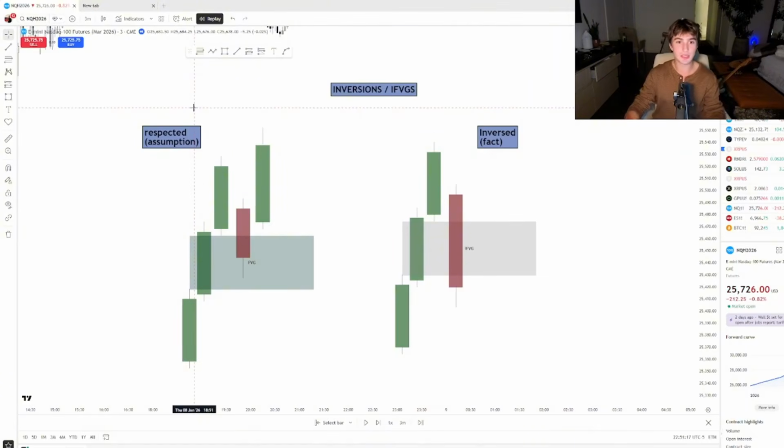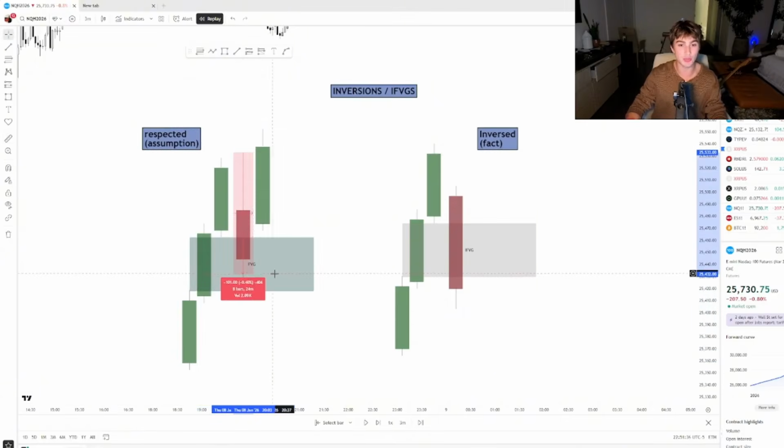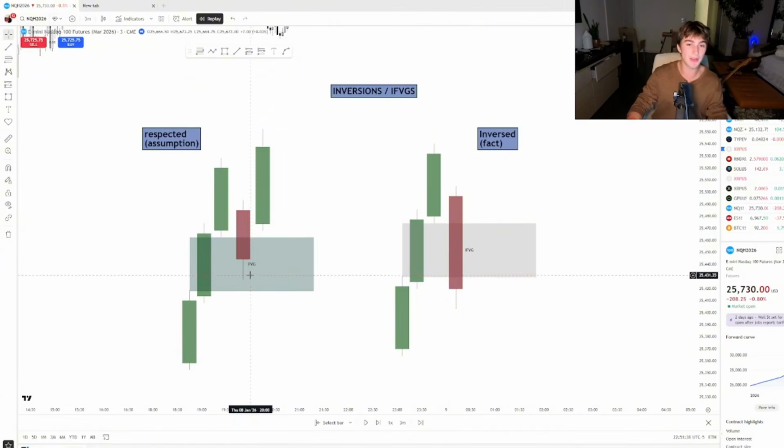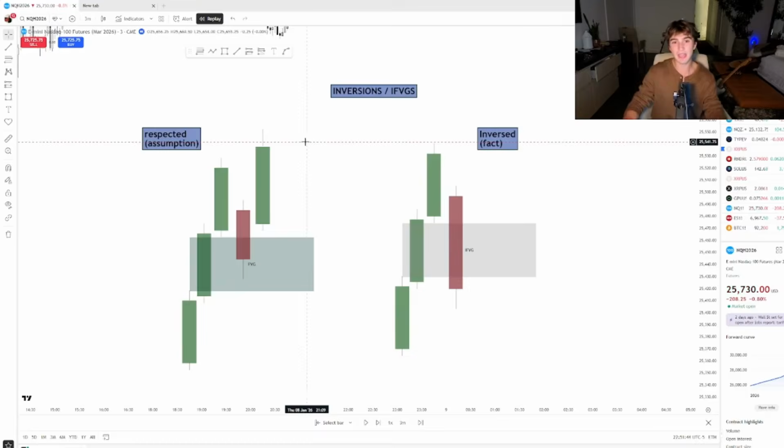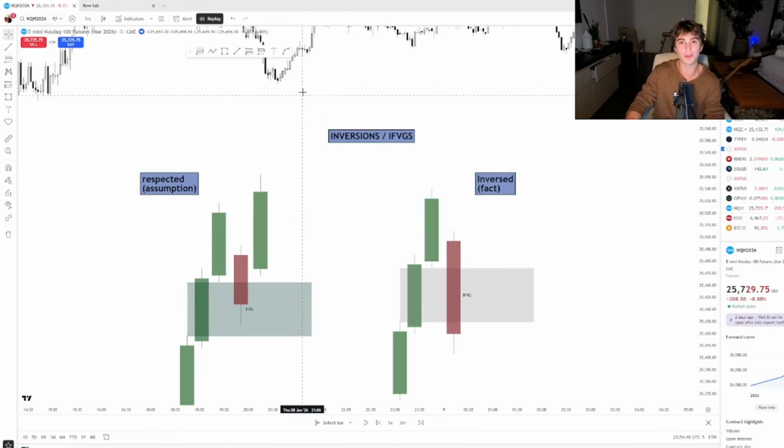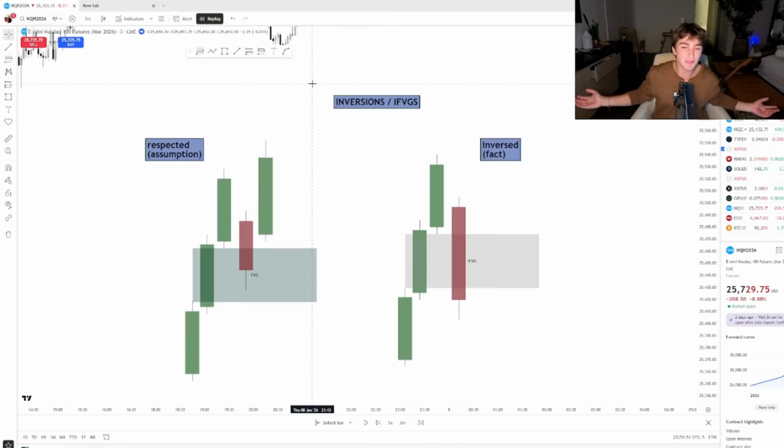Fair value gaps, in simpler terms to me, is an assumption, because when we see price trade into a fair value gap and we see price maybe wick into it and tap it, we assume it is going to go in that corresponding direction. Price goes up, price comes down, it trades into this bullish fair value gap, and then we assume it's going to go up. And the way we confirm this assumption with fair value gaps is like, okay, well, if we start seeing more and more fair value gaps go up and up, oh, then it got respected. I find that so stupid.